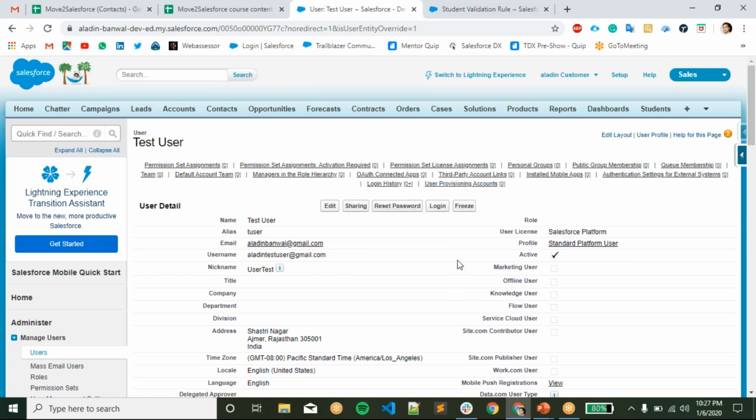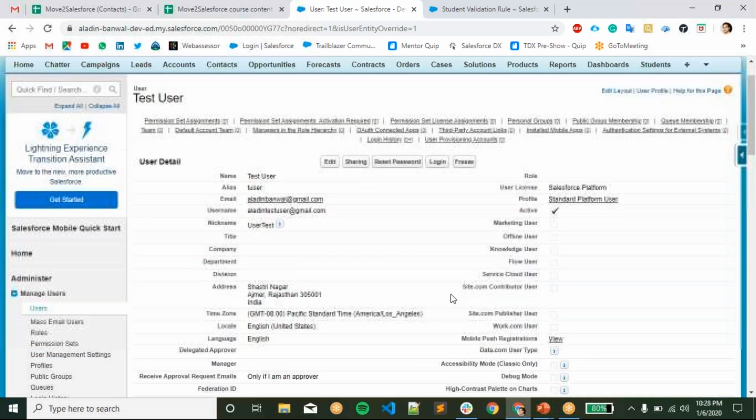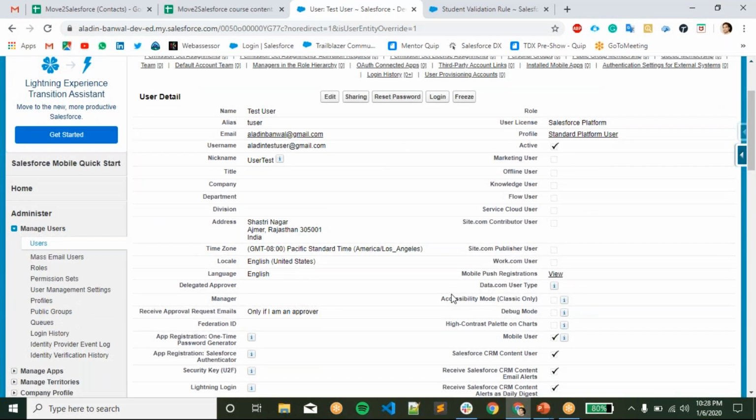The system administrator will be getting these login and freeze buttons. Other than this, users will not be getting these buttons. So the system administrator can log in as any user. That button is called freeze. If you click on this freeze button and freeze any user, then it will be frozen for some specific time.